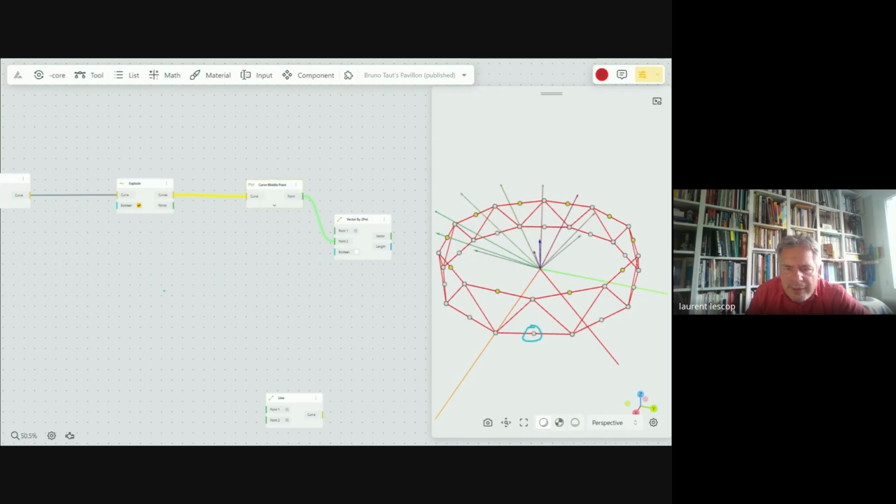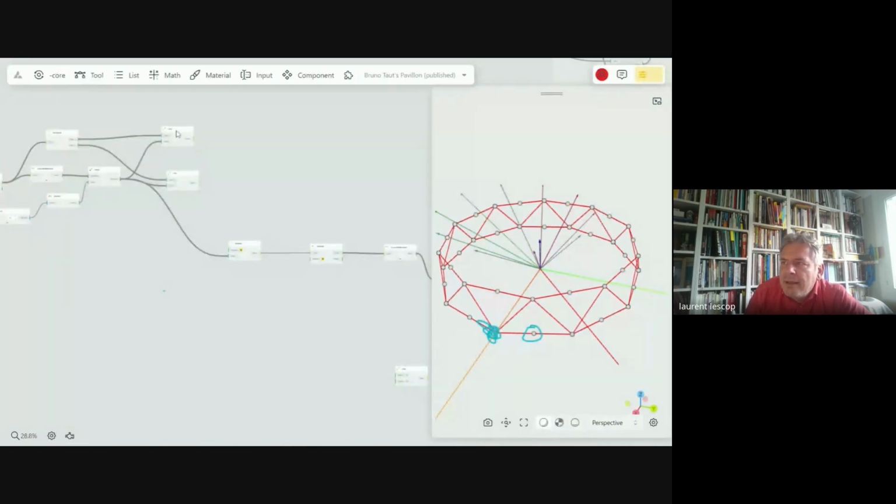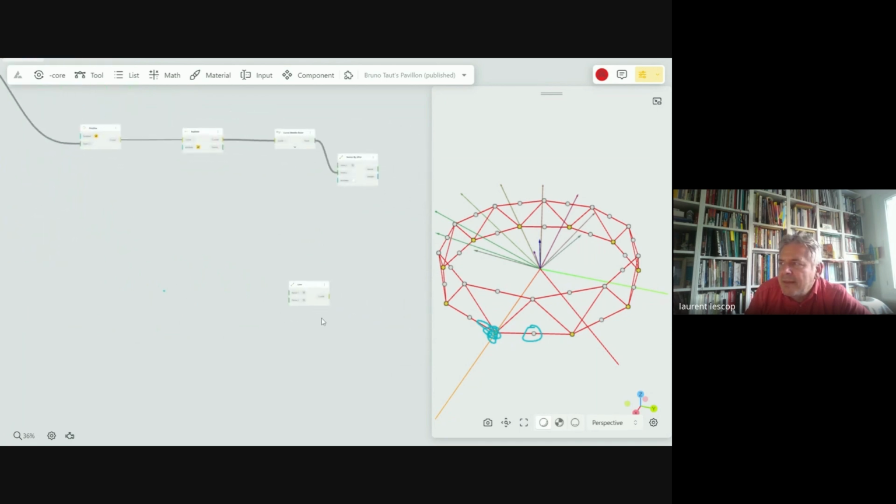No, I need that point. Sorry, that one. And that one is there. So maybe a bit messy at the beginning, but I will solve it in the end.